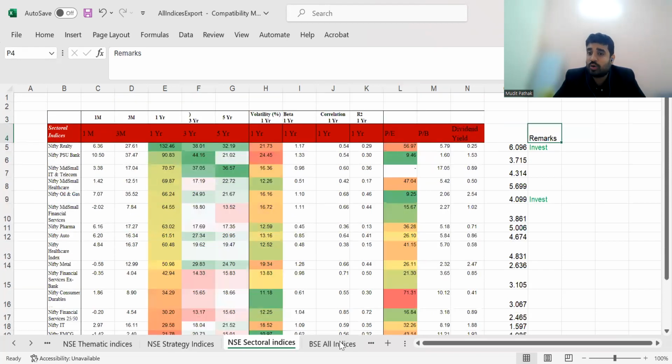Next, it's sectoral indices, like which sector. I've told you in one of my videos that there's a difference between thematic investment and sectoral investment. They are quite similar, but still very different. So Nifty Realty. This index is crazy. It has given 132% return in the last 1 year. 132%, mind you. If you had invested 1 lakh rupees, at the end of the year you would have drawn 2,30,000 rupees, 1,30,000 in return. So you would have more than doubled in a year by investing in this Nifty Realty.